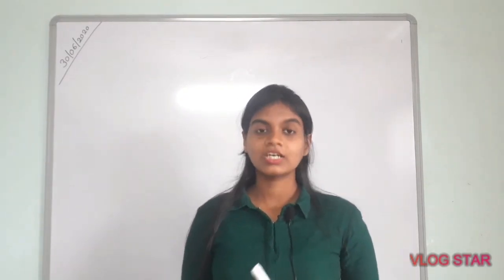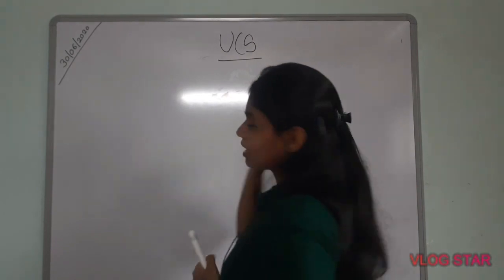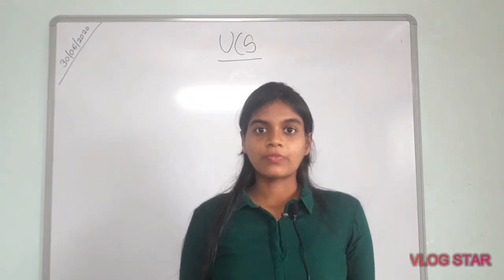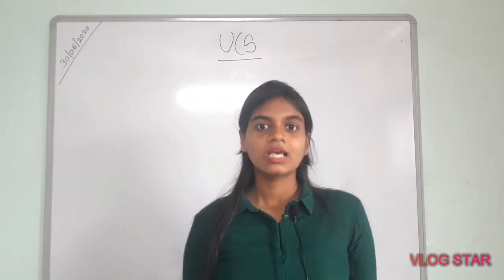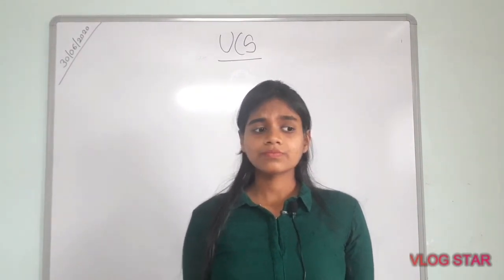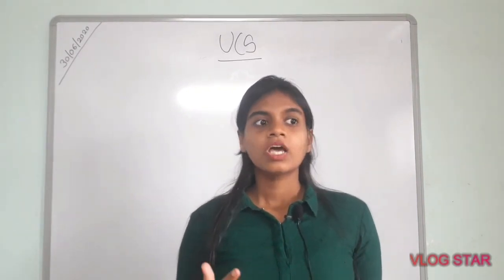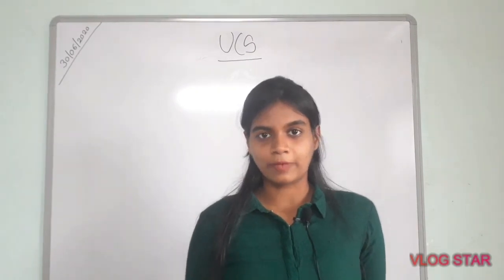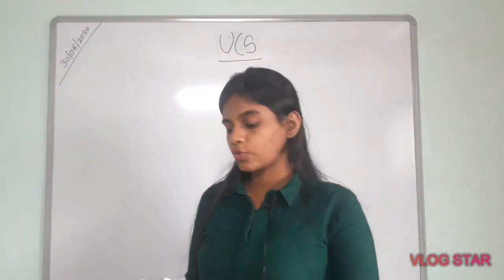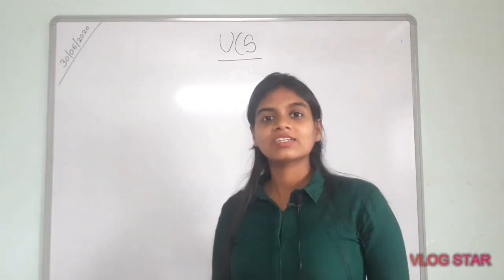So our first question is UCS, that is uniform cost search. Okay, that's the short form. Now why am I writing the short form here? Because in university question papers they ask questions like what is UCS, explain with example what is UCS, write a short note on UCS, or compare between BFS, DFS, UCS and many more. There are lots of algorithms, and this is one of them. So they ask the questions in short form, so you must understand what UCS is so that you can write it in your answer sheet in your own words.